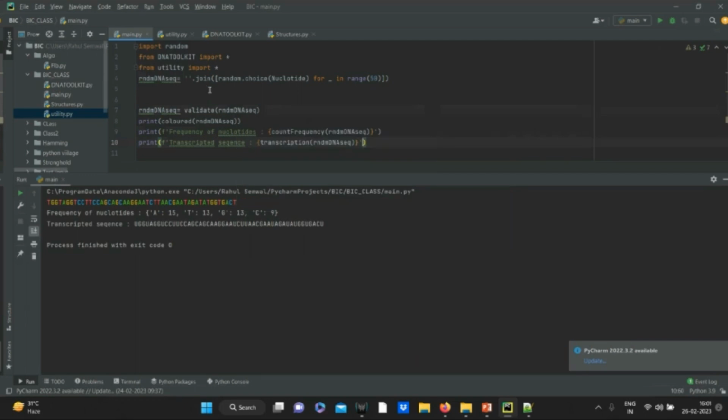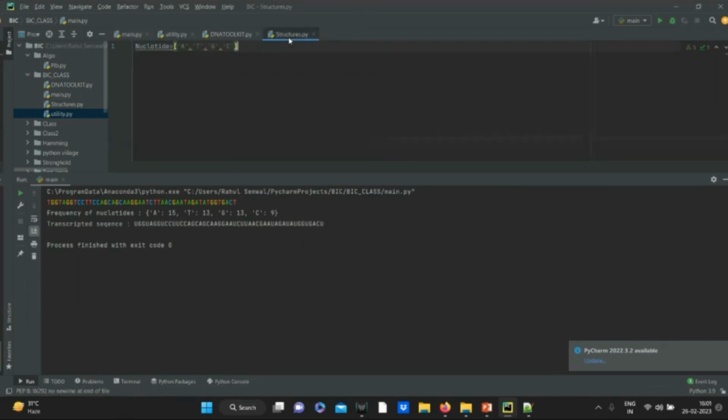So after that, we can write one of the functions related to the complement of our DNA sequence. For that one, I am using the complement. Everyone knows, because the DNA is not a single strand; it is a double strand. A complement of A is T, complement of T is A, C is G, G is C. So I'm writing a dictionary over here. DNA reverse complement equal to